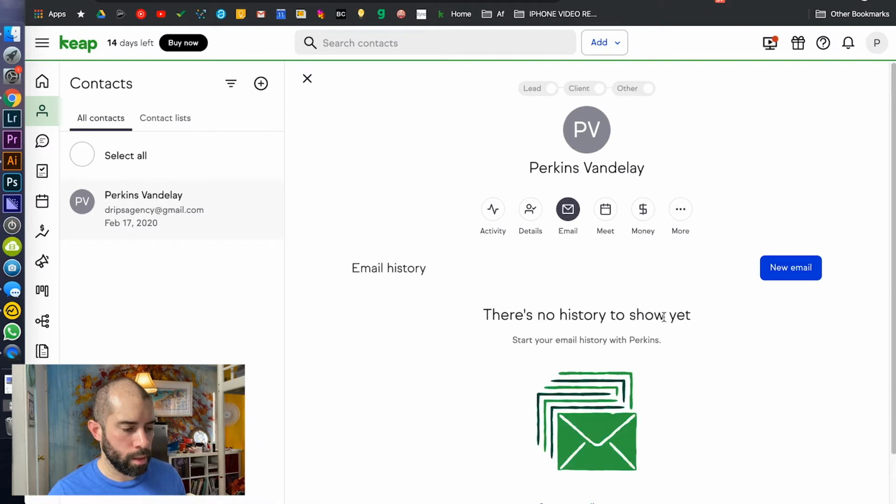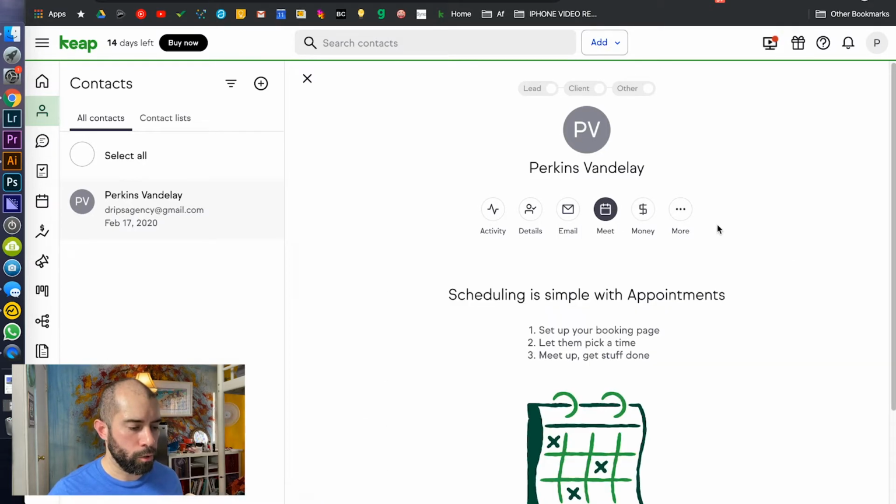Here you can see what kind of emails you've sent them, so that it brings all that into this app from your Gmail or whatever app you use for email. And then you can see it all right here in the app. You can see anything you've booked. So this is another thing that Keap does, is that it has a booking feature, which is really nice because that's also a separate app you could use. There's multiple booking apps like Acuity, and so like all these things are in one app, where you might have all these different apps to do all these different things.